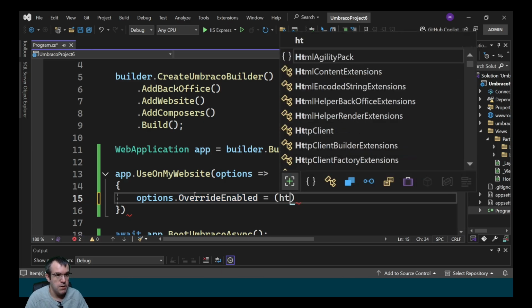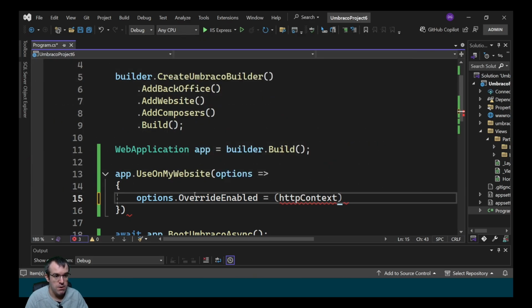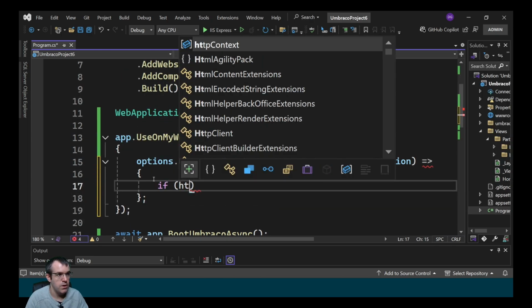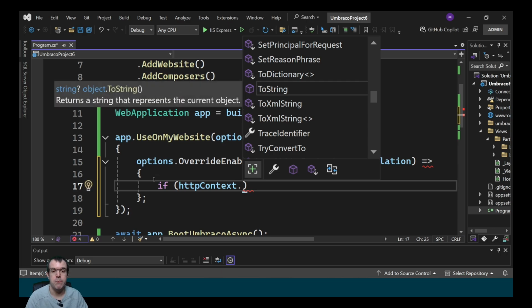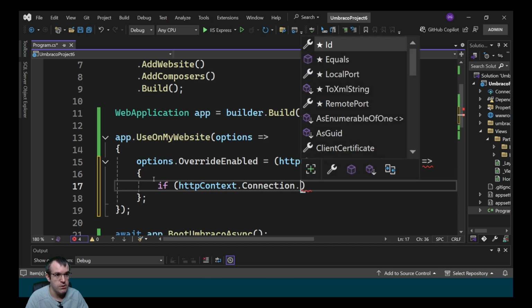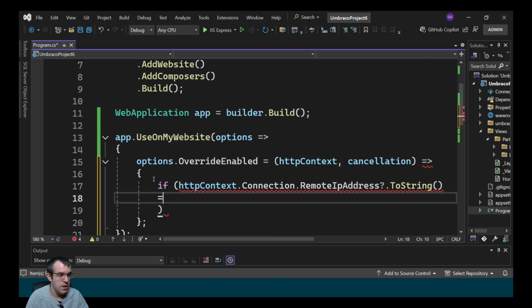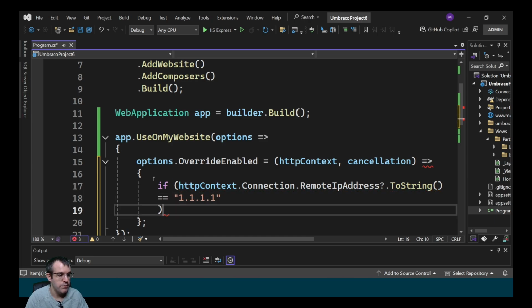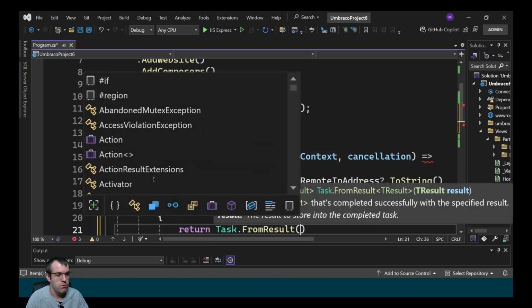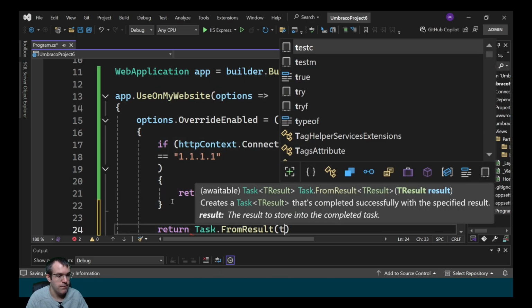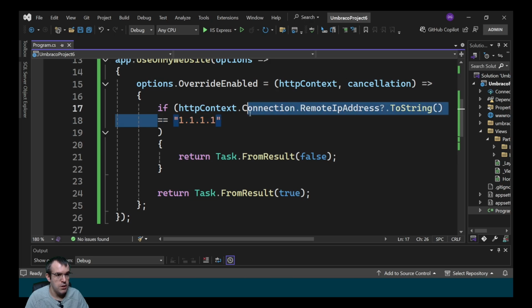So to do this, we can pass in the two parameters of HTTP context and cancellation token. And then within that, we can specify that we don't want to receive traffic from a certain IP address. So we can call HttpContext.Connection.RemoteIpAddress.ToString, and if it equals 1.1.1.1, we're going to return false. Otherwise, we're just going to return true for all other traffic. So in this instance, as long as the IP address doesn't come from this IP address, it will process the